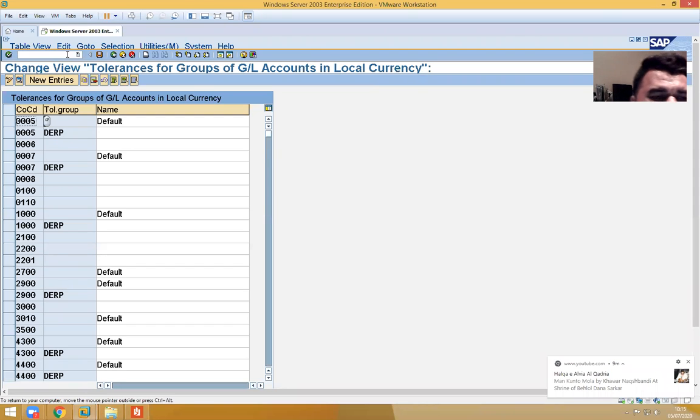And it says tolerances for groups of GL accounts in local currency. What do you mean by tolerance? How much payment difference you can tolerate? If a customer is supposed to give you 100 dirhams, if he is giving 99 dirhams plus 50 fills, will your system accept that tolerance, that payment difference? So that is setting up the tolerances.